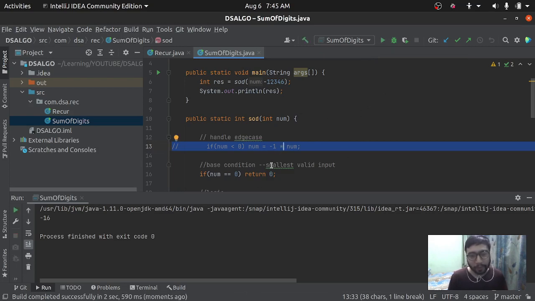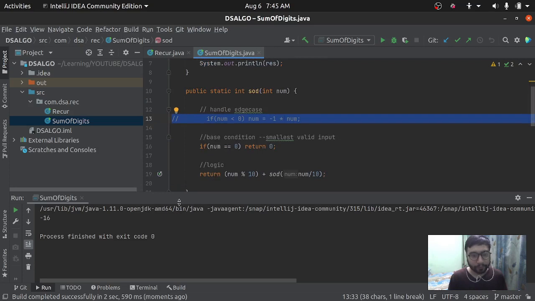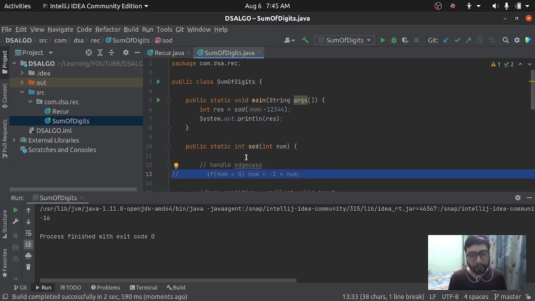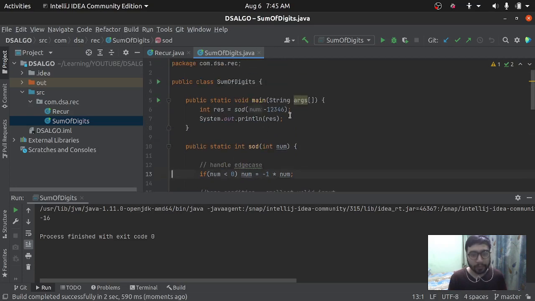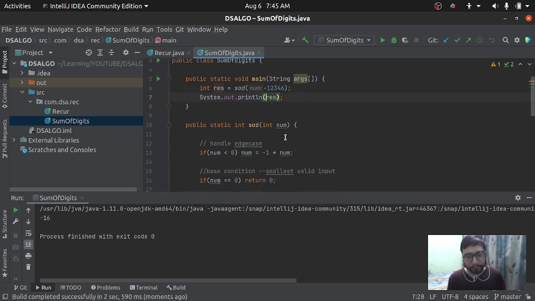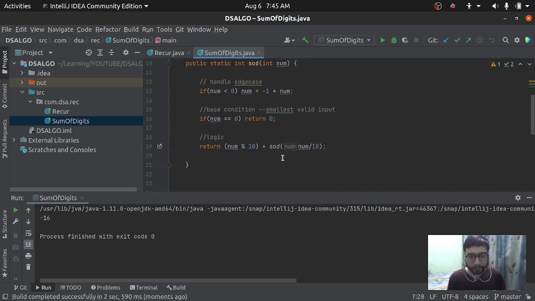So we don't need the minus sign over here because our expectation is to get the addition of these digits. So either we can handle it by this, like first we can put if number is less than 0, then again we will be converting it to a positive number, or else we can convert the result over here, and whenever printing it we'll be multiplying it with -1, so that will also solve our problem. So yeah, that's it for this solution.